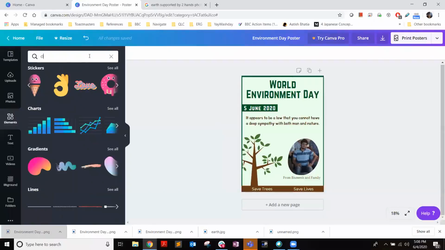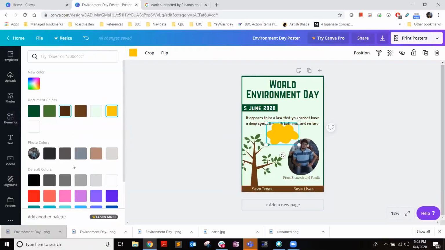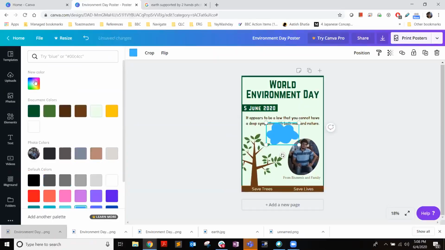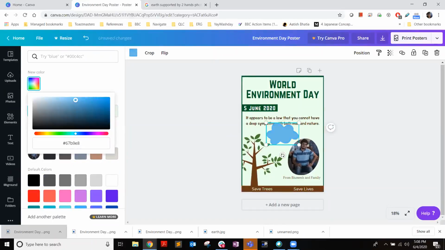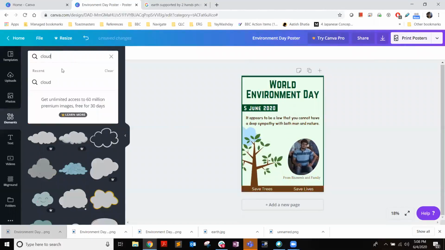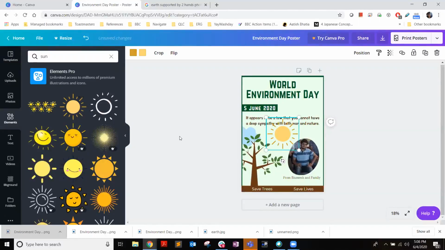Let me quickly look for cloud. And free image, I'll select this yellow. I'll make it blue. This blue will make it look more like a cloud, by probably setting a lighter color or something like this. Maybe you can try adding a sun and play with positions. I'm going to make it go back so that the tree is highlighted in front. And similarly with the sun, I'm going to add this sun here.